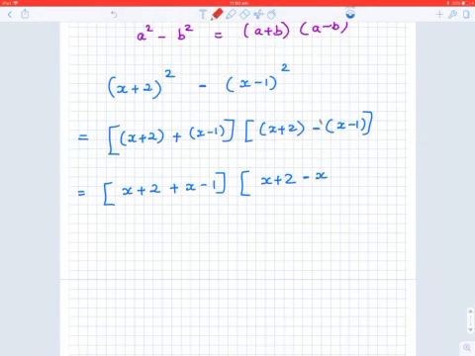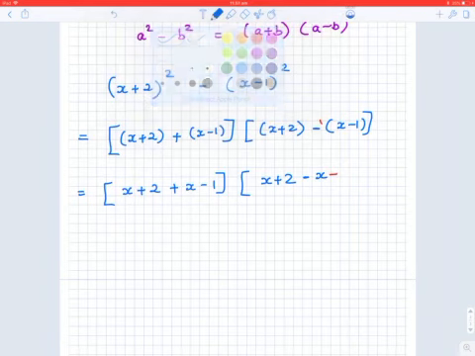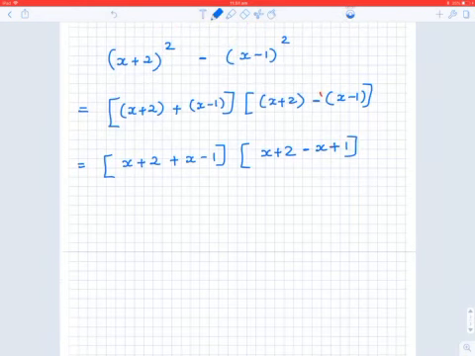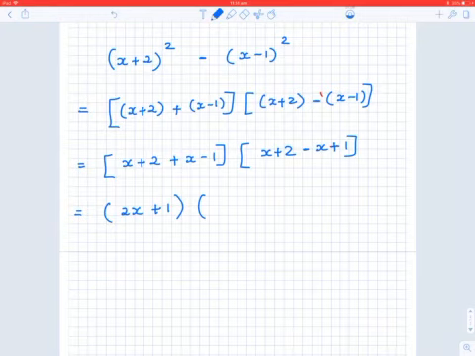That means there is a 1 hidden here, and that is going to be positive 1. Now I am grouping the like terms inside the brackets. x plus x is 2x, then plus 2 minus 1, which is plus 1. In the next bracket, the x gets cancelled, leaving 3. So your answer is 3 bracket